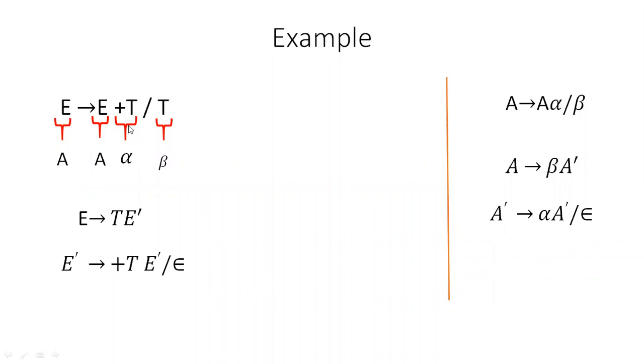What is the alpha here from the production? Plus T, and A dash. There in the syntax it is an A, but mapping with the production in the grammar it is an E. E dash, A dash, both are the same variable. E dash or epsilon, right? In such a way, we need to eliminate the left recursion for the productions in the given grammar, right?